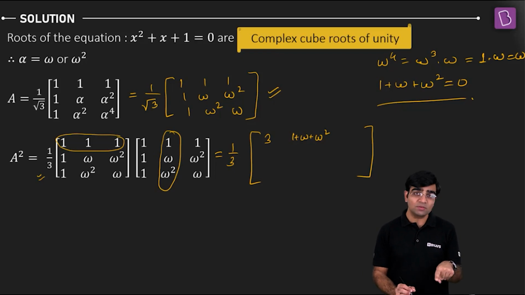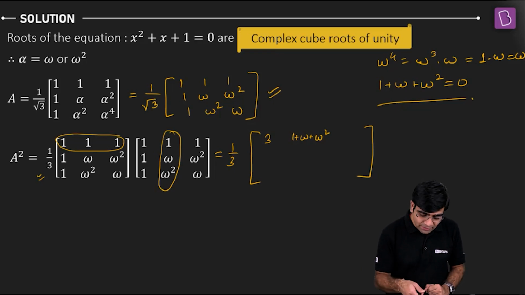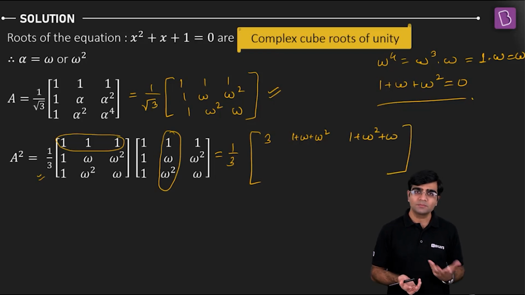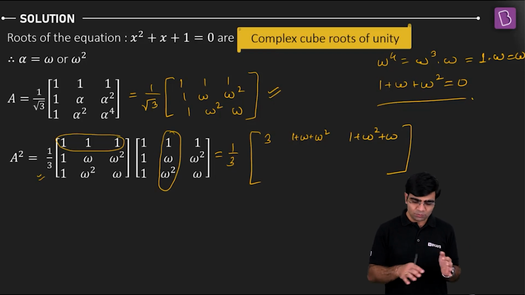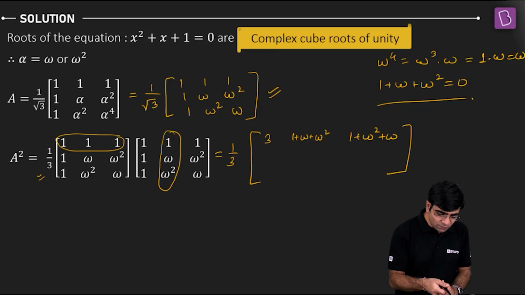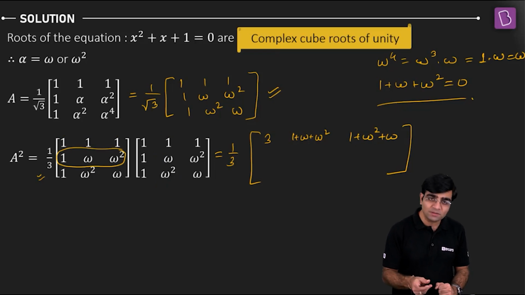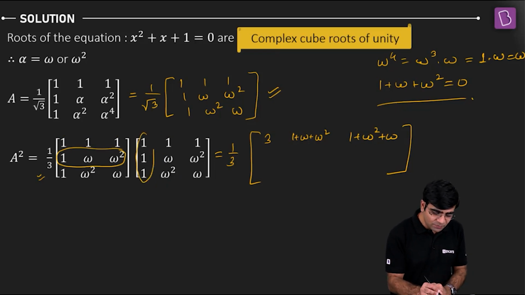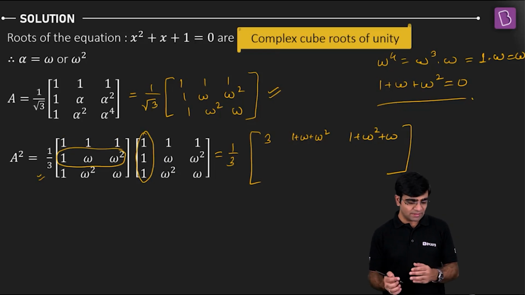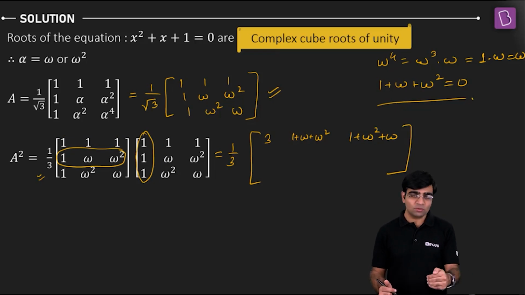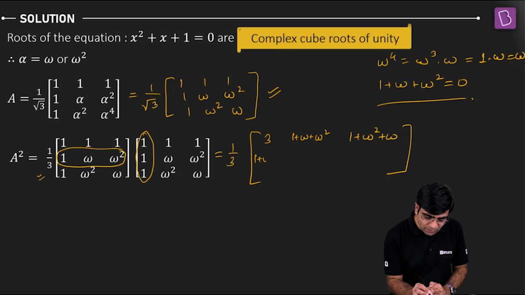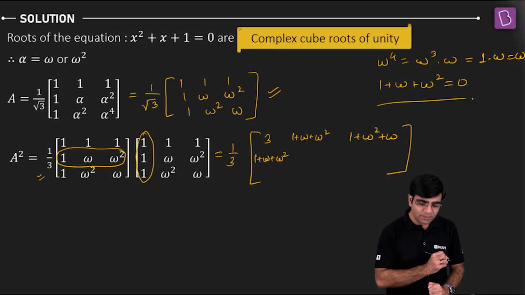Okay, let's go quickly to the third one. I have again this row vector 1, 1, 1 and the column vector 1, omega square, omega. So the next term is equal to 1 plus omega square plus omega. Again, the value becomes 0. All right, now I'll quickly write it. So the first 3 terms I've shown you. Now the second row vector will be multiplied by the first, second and third column vectors of the next matrix. That gives 1 plus omega square.